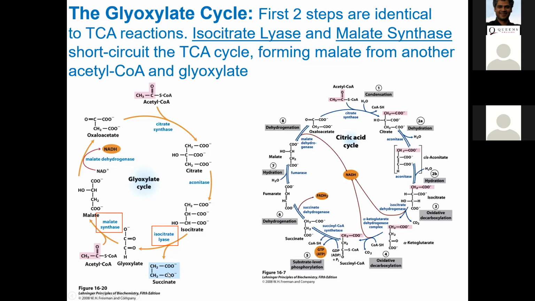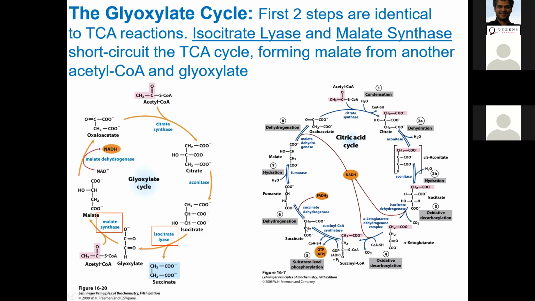Oh, interesting. If succinate leaves the cycle, potentially what does that mean? It means that if your seeds are packed with fatty acids, and if you can metabolize those fatty acids into acetyl coenzyme A by beta oxidation of fatty acids, then you can utilize acetyl coenzyme A to generate succinate using the glyoxylate cycle in glyoxysome. And succinate could in principle be converted to glucose.